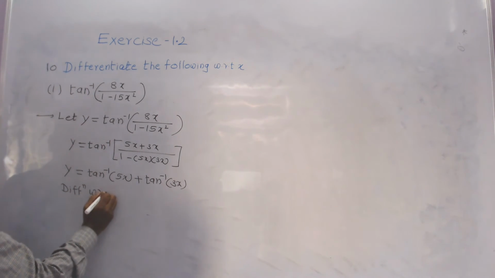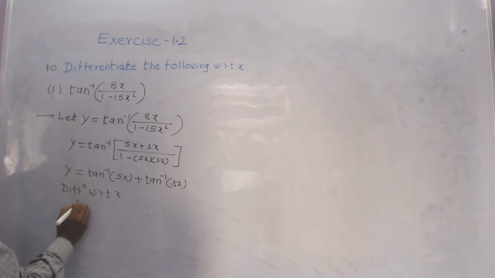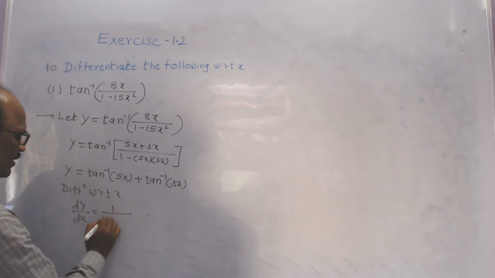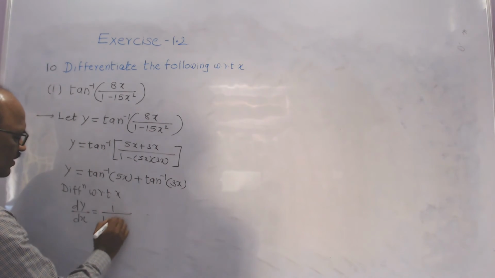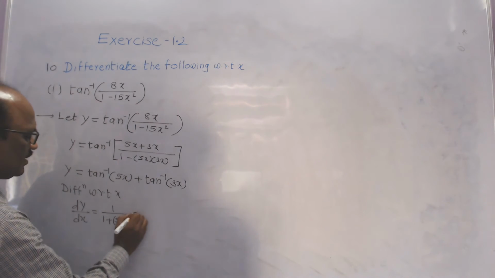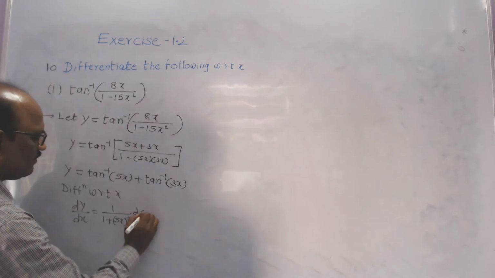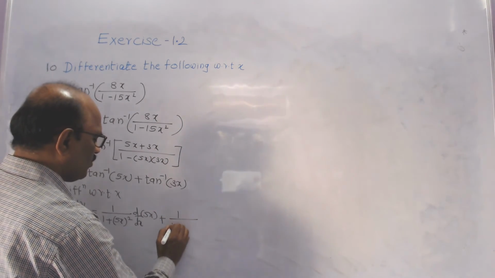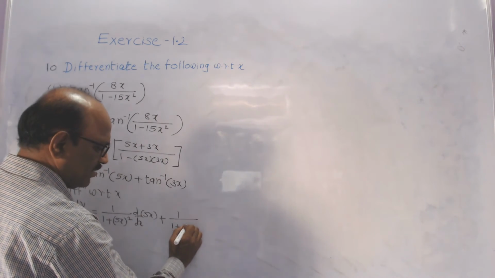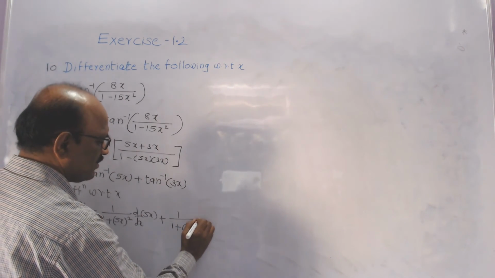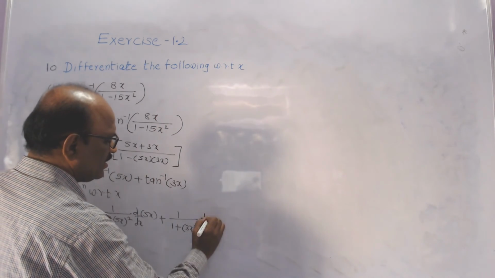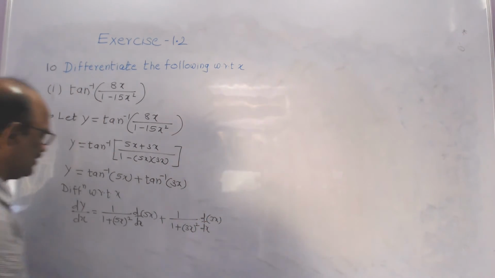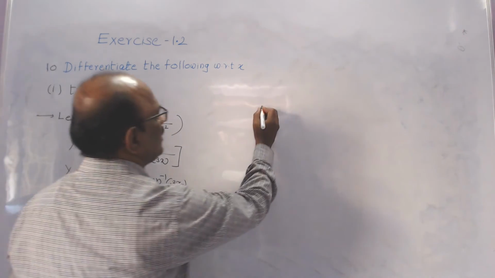Therefore dy by dx is equal to 1 upon 1 plus 5x bracket square into d/dx of 5x plus 1 upon 1 plus 3x bracket square into d/dx of 3x,